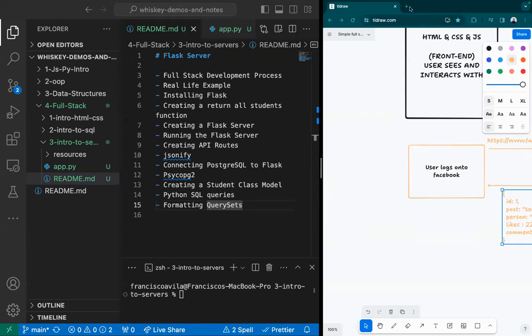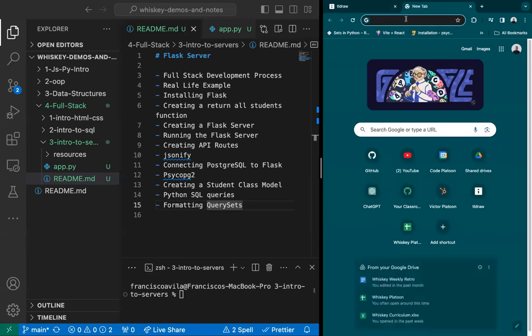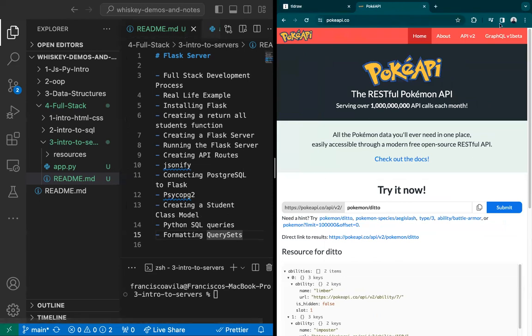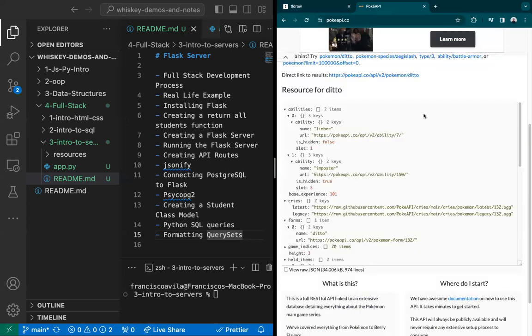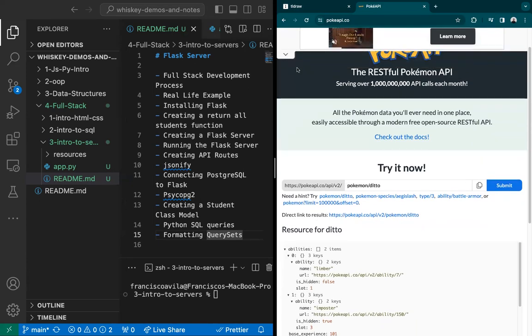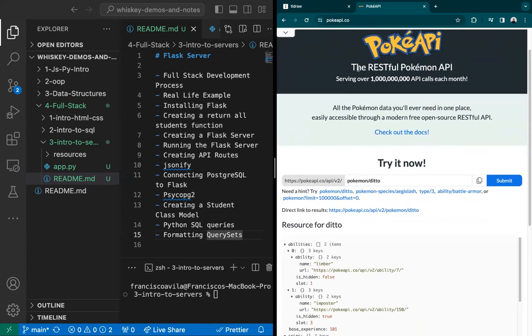Okay, if no one has any questions, let's go ahead and take a look at a real life example here. I'm a huge Pokemon fan, so I like using the PokeAPI for this real life example, but we'll take a look at a couple of others later on. Now, this PokeAPI, like we talked about earlier,